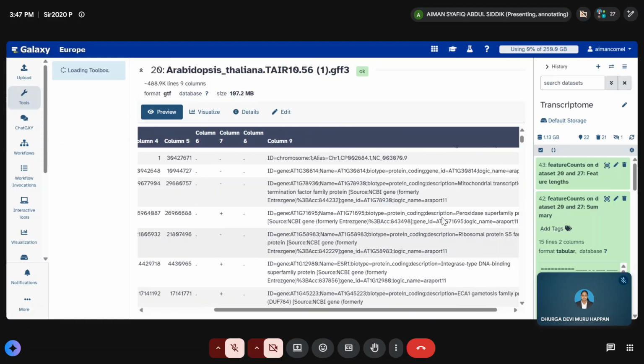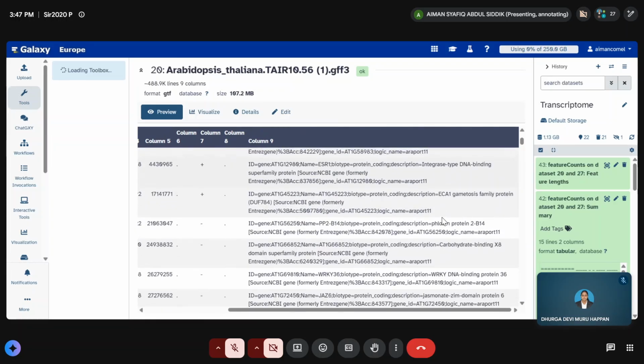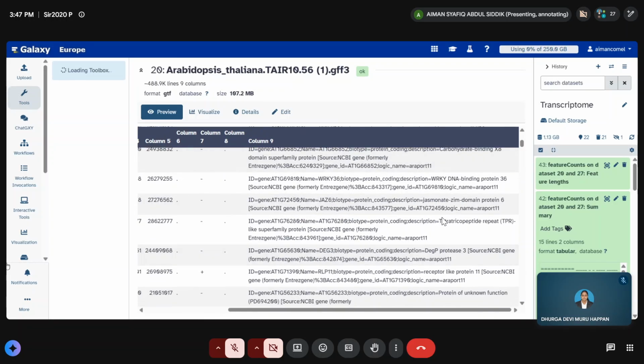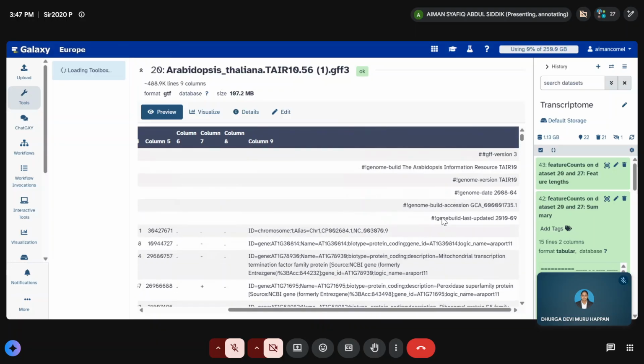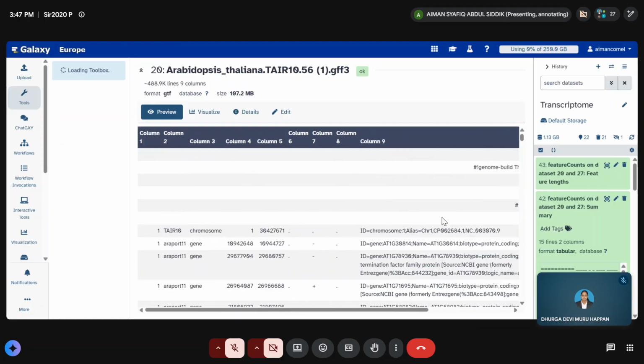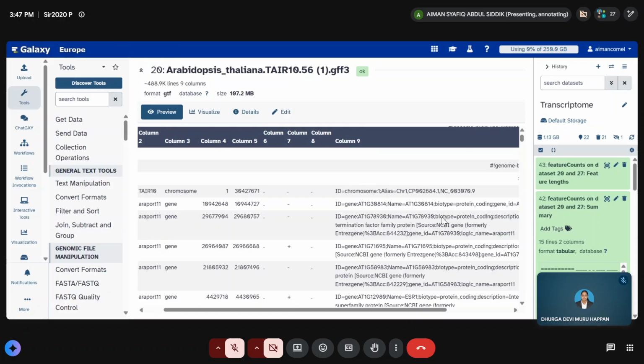So what should I use as identifier in this case? Can you not use the GFF? If you use the GFF, it cannot recognize the identifier, because there will be a lot of names, you know. So then it will cause the issue. So what you usually do is we use the ID. You can use ID rather than a gene.